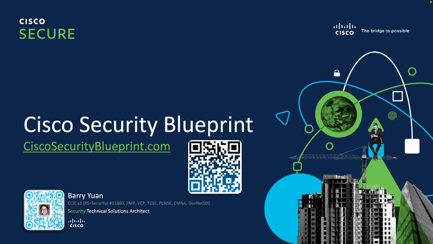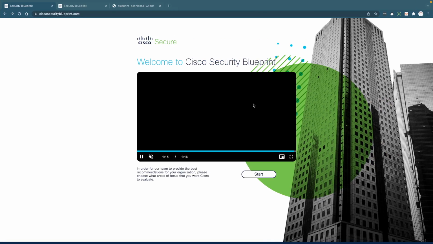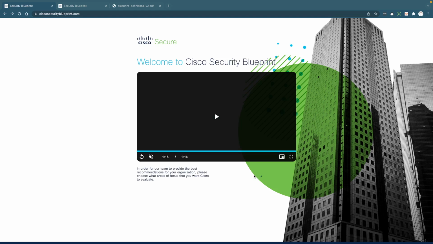It's going to take you to this web page. You will be greeted with a very quick video to introduce it, and all you need to do is basically click on start. And once again, it's one word, ciscosecurityblueprint.com. And after you click start, the system is going to